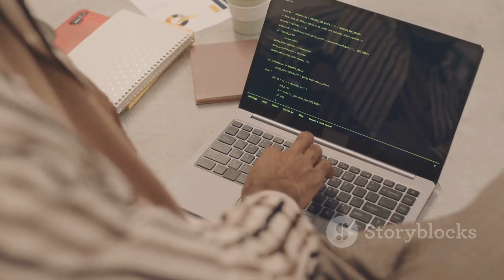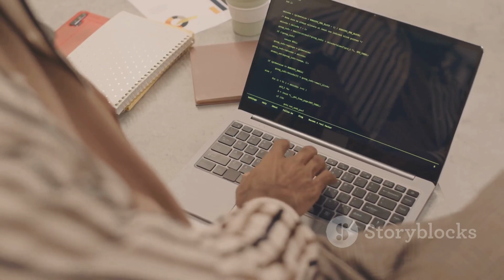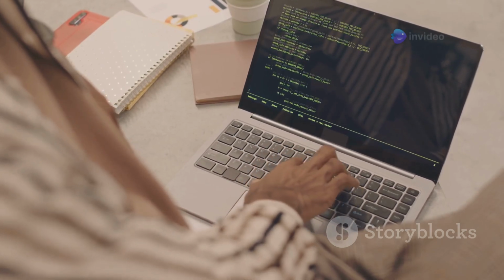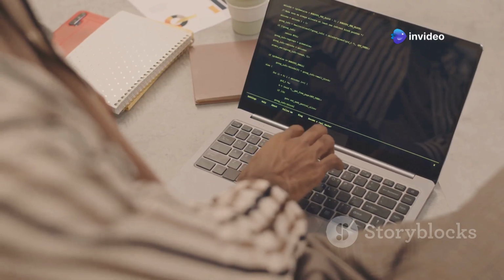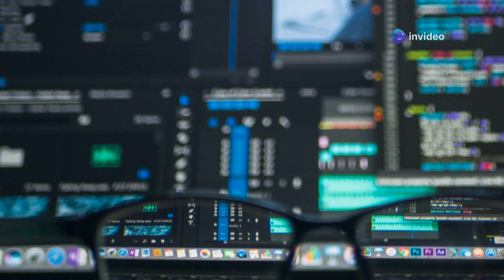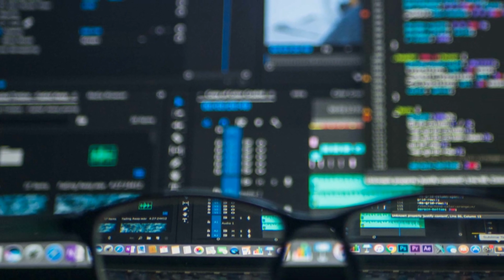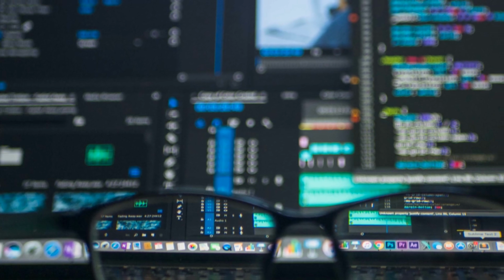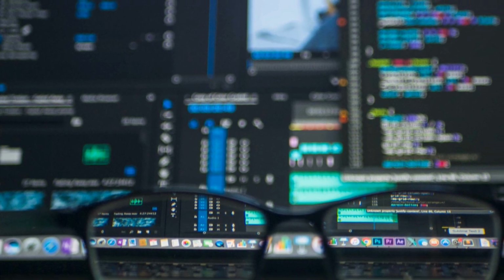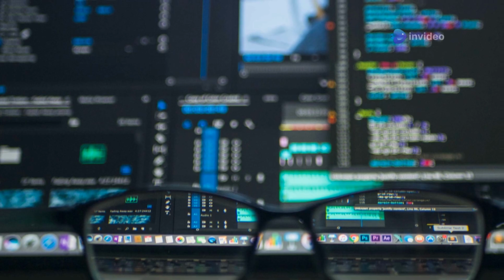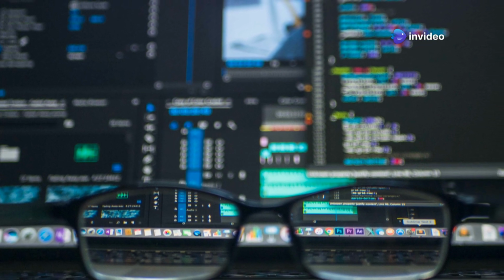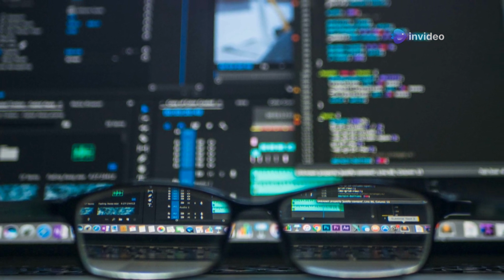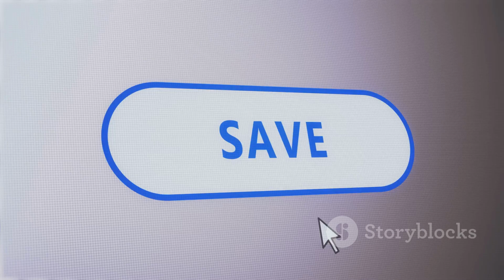We'll use a simple command called print to make Python display a message on the screen. The print command is one of the most basic and essential commands in Python. It's like saying hello when you meet someone new. Open up your favorite text editor, like Notepad on Windows or TextEdit on Mac, and type the following: print("Hello Python World"). Notice the quotation marks around the text. These are important because they tell Python that this is a string, or a piece of text, that we want to display. Save this file as